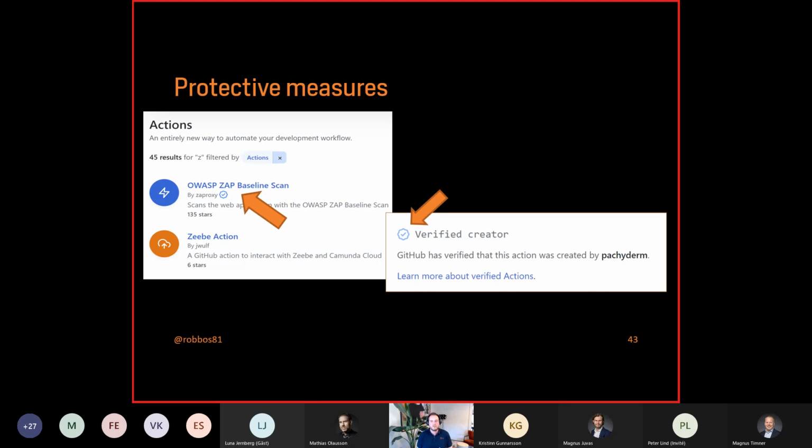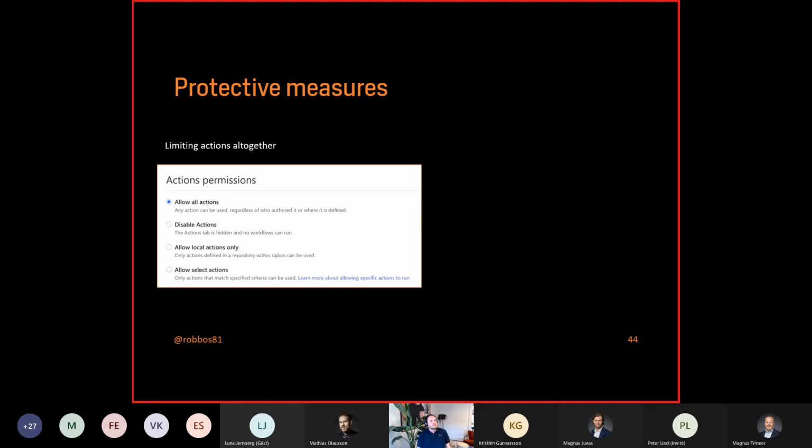Does that mean that I have a partner set up? There's no real way to tell. And if you go to the marketplace, the last time I checked, even the first 5 pages only contain verified creators. But it's still not a good way to protect yourself against them if that process is so opaque. So what can you do?